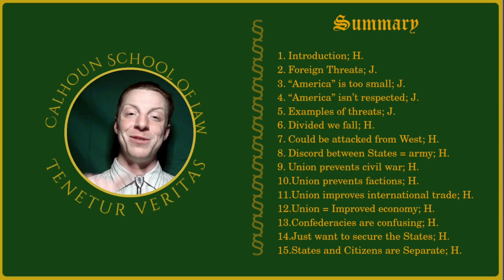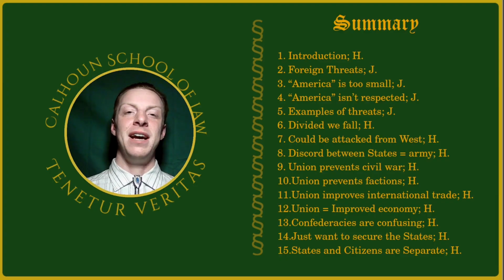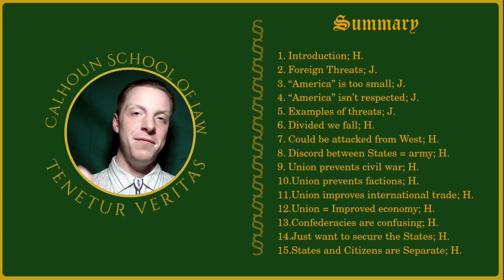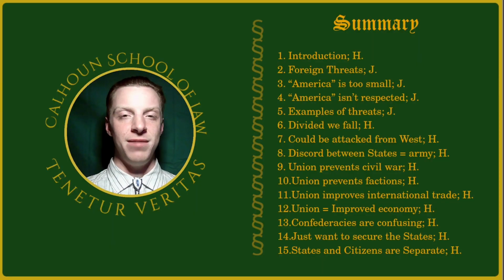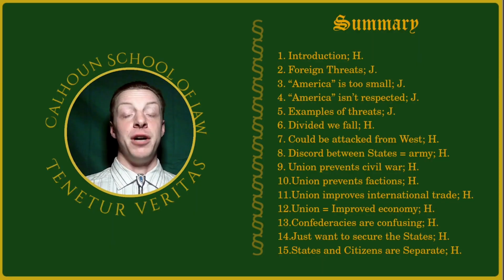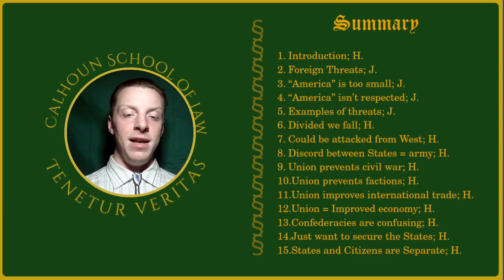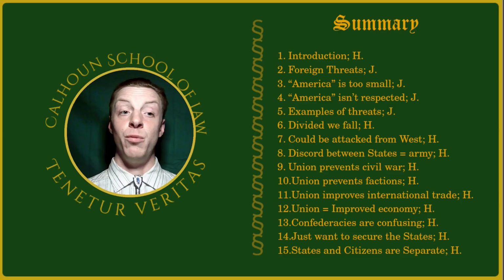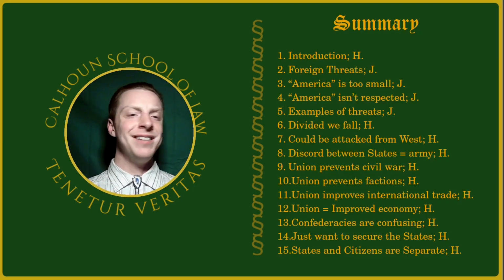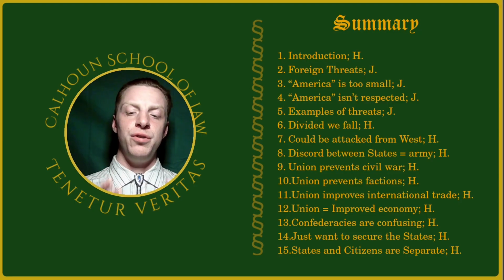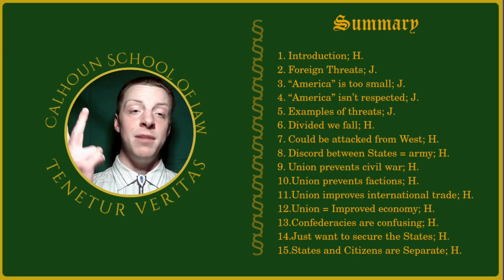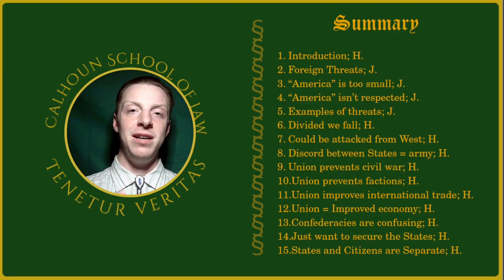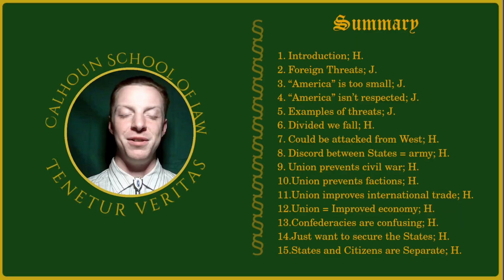Number 14, just want to secure the states. And no, he was not talking about securing to the states their sovereignty. Instead, he was prioritizing safety over liberty, which virtually every other founder, except maybe John Jay, disagreed with. The main priority of the framers, as stated in the U.S. Declaration of Independence, is that the ultimate purpose of government isn't to provide safety, it's merely to facilitate the citizens' exercise of their God-given rights, among those being life, liberty, which is contrary to safety, and the pursuit of property or happiness, depending on which draft you read.